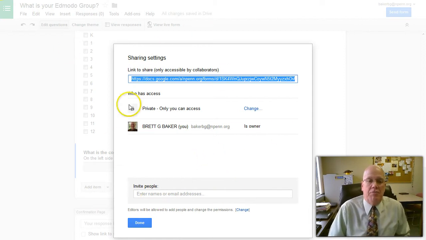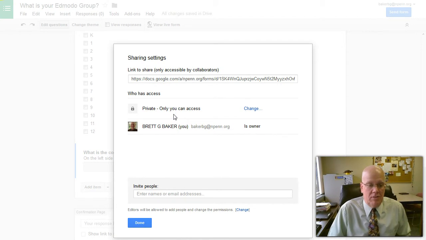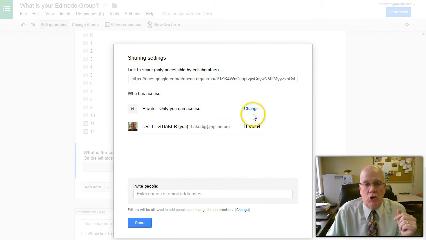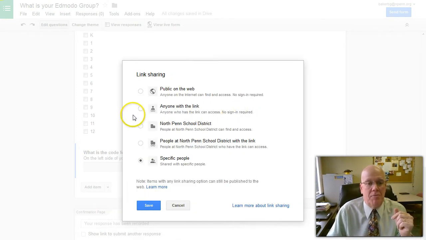This is a very important page. Oftentimes people get tripped up here because they supply the link to get to their form, but this area right here, it says private and only you can access. So they published the link to the form, but the form isn't actually published yet. You have to go to this box, change, anyone with the link,